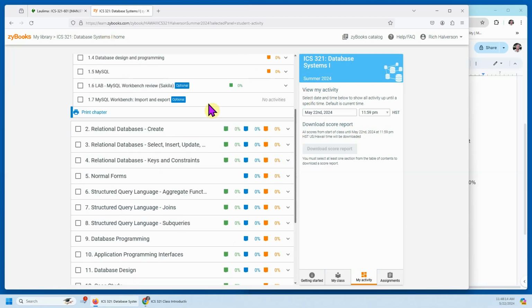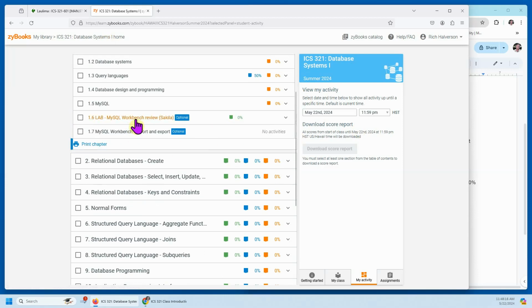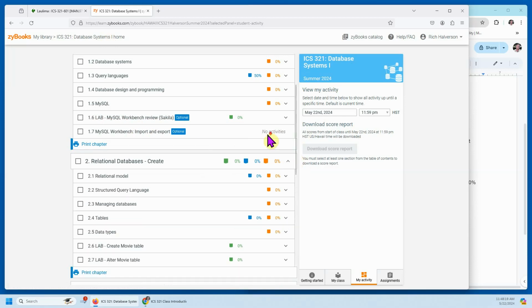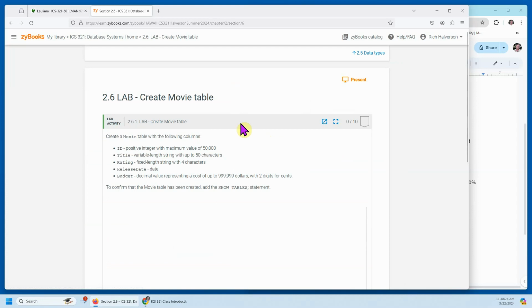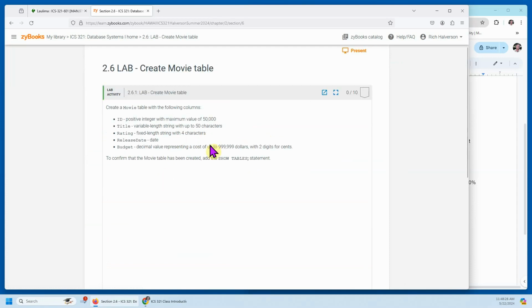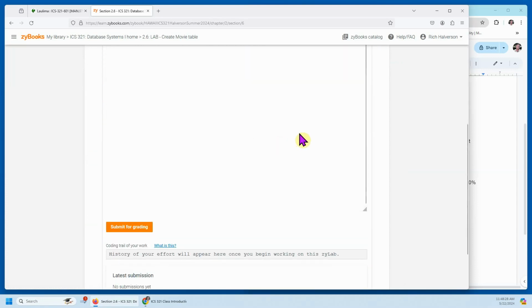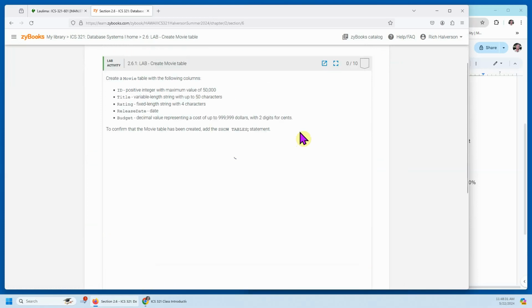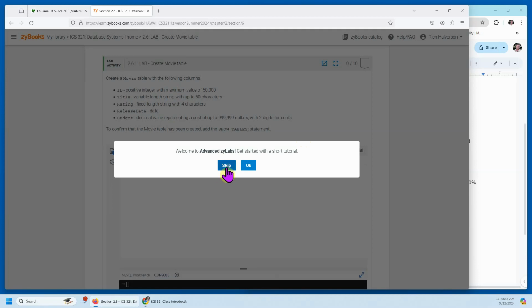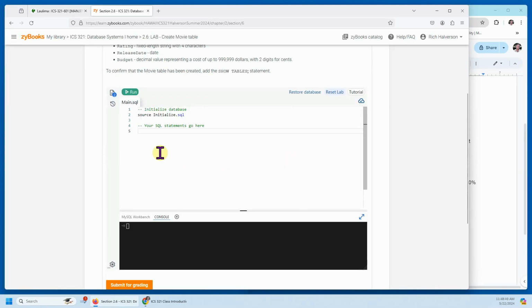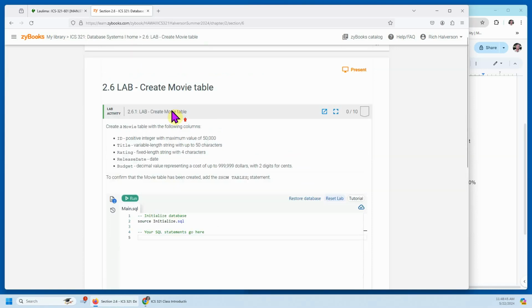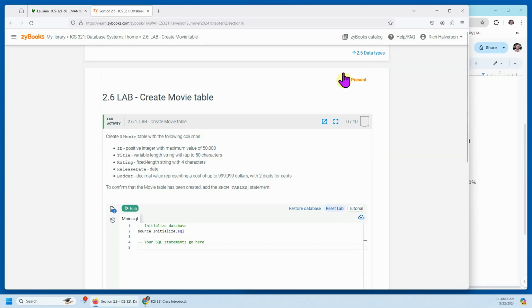All right, so that's that, and you don't have to do any of the labs here, but see, there's a lab. Here's a lab. Here we're asked to write the create statement. We're supposed to write the create table. Let's see. Well, you should probably take a look at that. I guess we write this SQL statement. It's just going to be one, and it's going to be create table. If I go back,